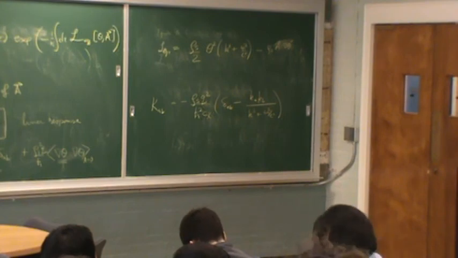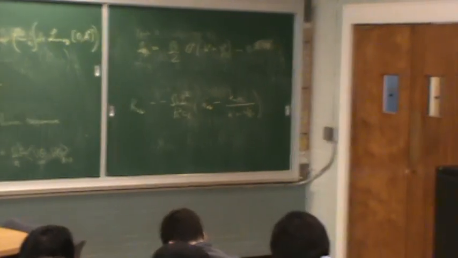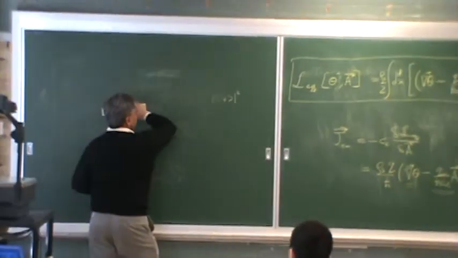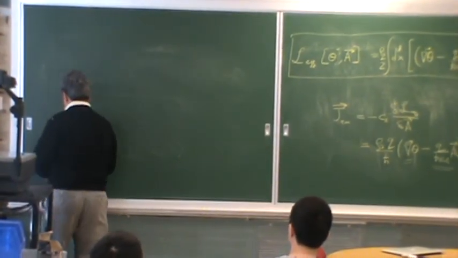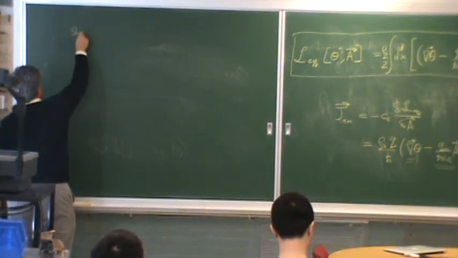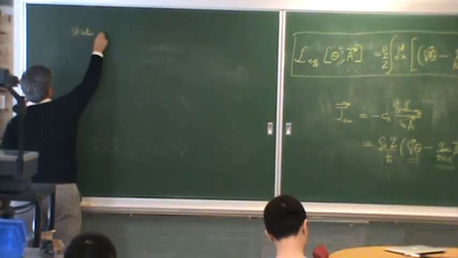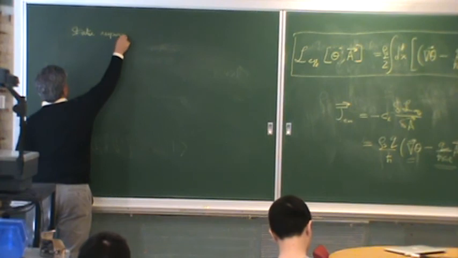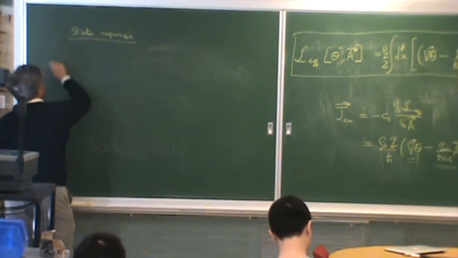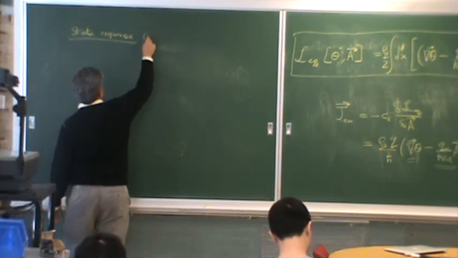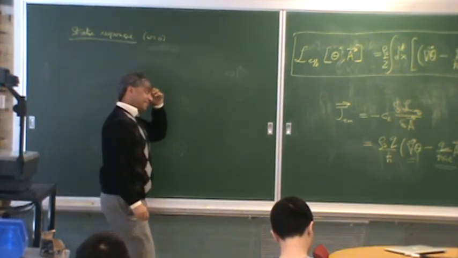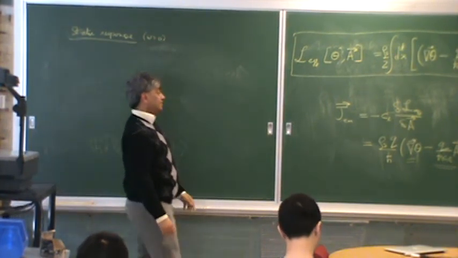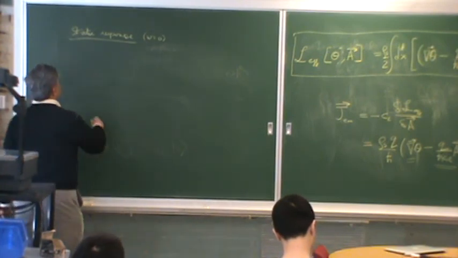All right, so let's just look at some of the consequences, which are also in the notes now. And once you have this K, you can now deduce various properties. So let's look at a static response. You apply some A, you wait a long time, and you look at what happens. The static response means omega equals 0. And that's good because then I don't have to worry about the scalar potential either. And in that case, then